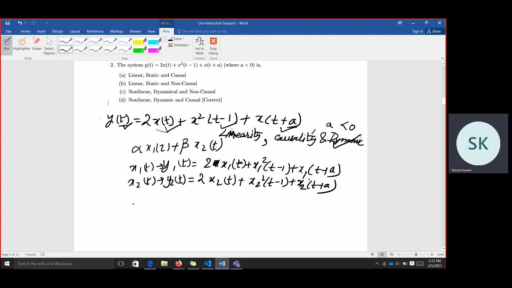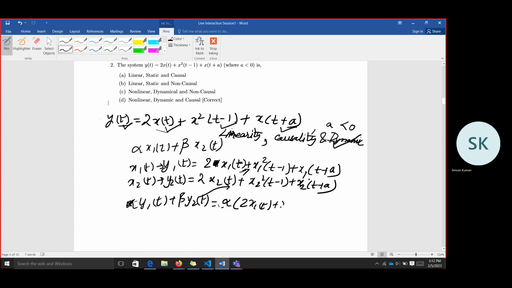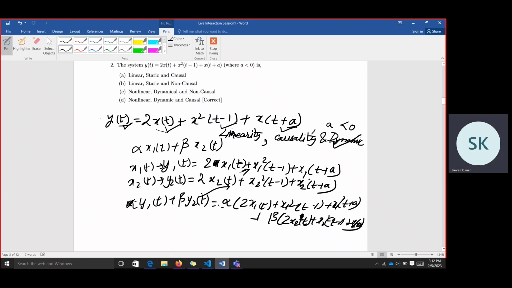Now, if we see what would be the solution, if we say alpha y1(t) plus beta y2(t), this will be the summation of these two with scaling factors. This will not be equal to, obviously,